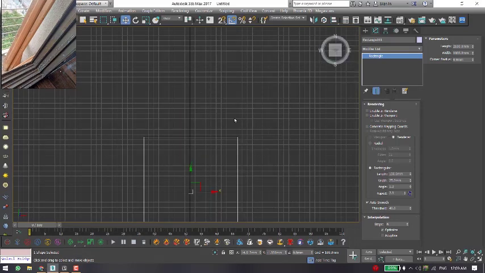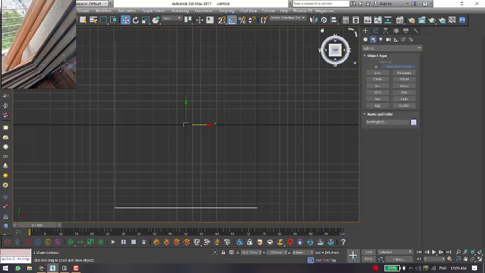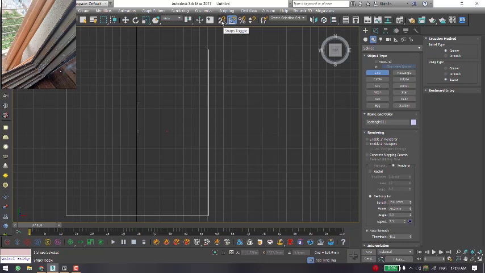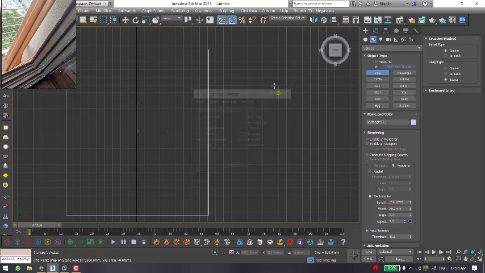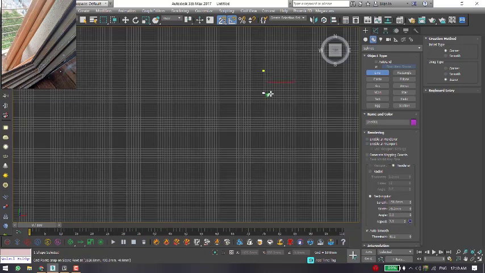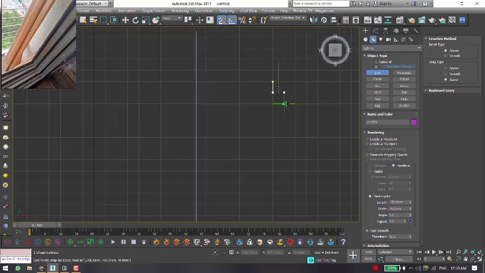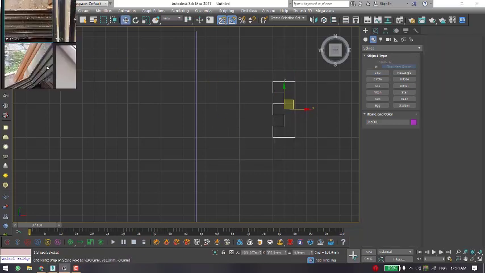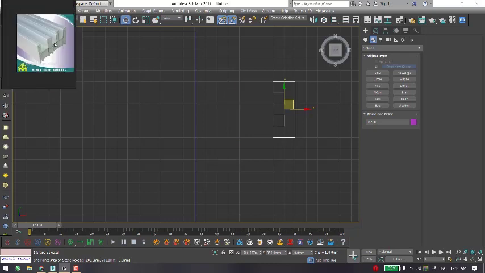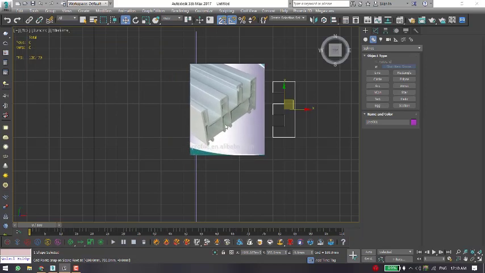So first press T, press Z for zoom, go to shapes, select line, click on snap, right click grid points and disable vertex snap. First click, second click, third click, 4th, 5th, 6th, 7th, 8th, 9th and 10th. First, I drew a railing. You can see this shape, up, down, up, down, up, down. So